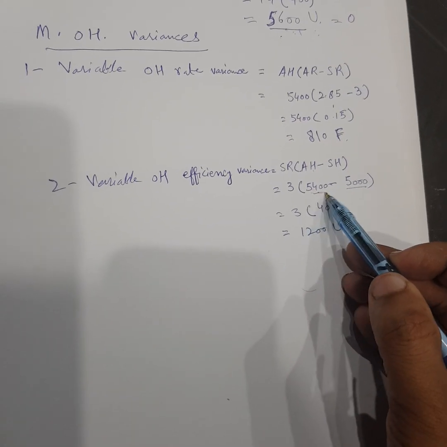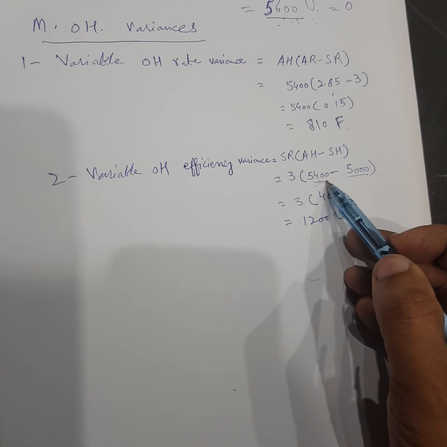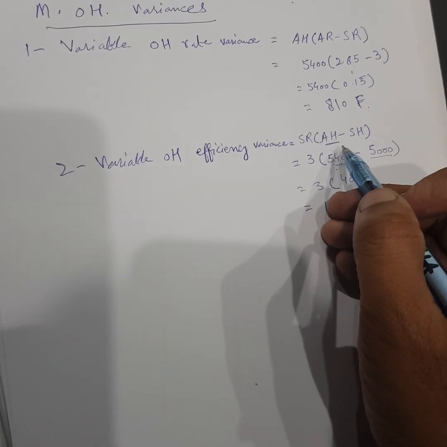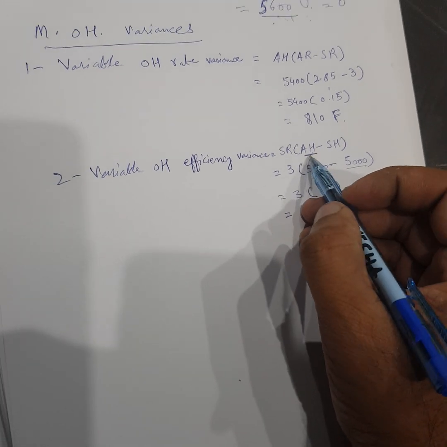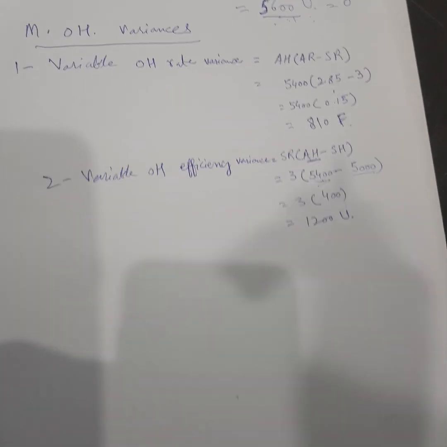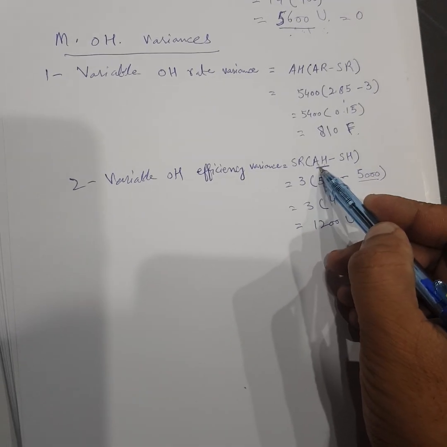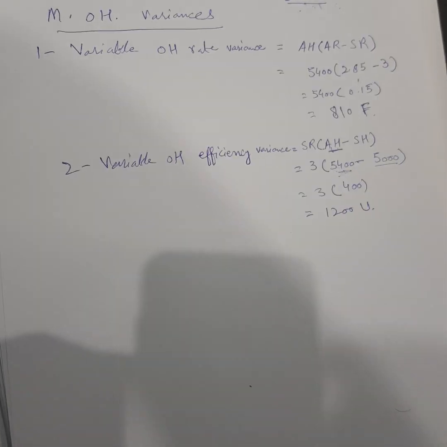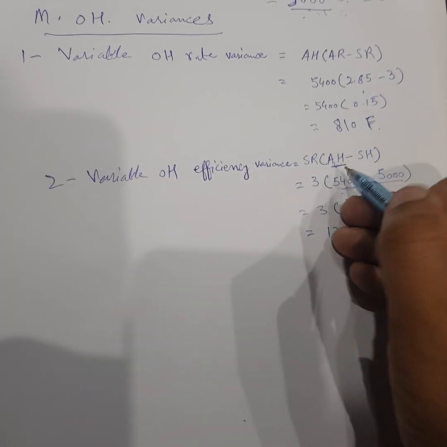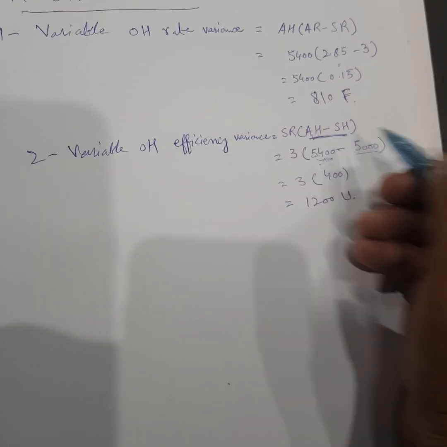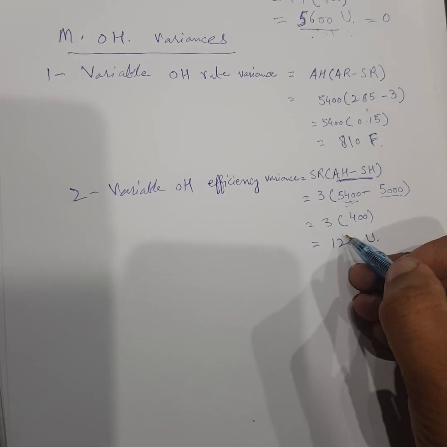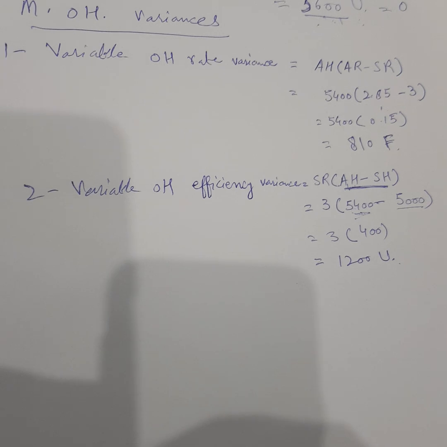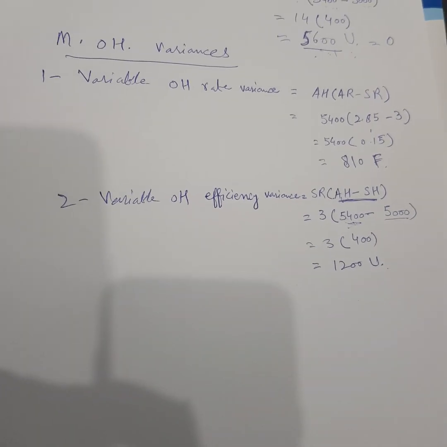How can this be improved? Actual hours can be improved if we use less input to get maximum output. This shows that our labor is not that skillful. There is a deficiency of skills, or also a deficiency of calculation, because of which 1200 rupees of unfavorable amount is incurred that the company has to bear.